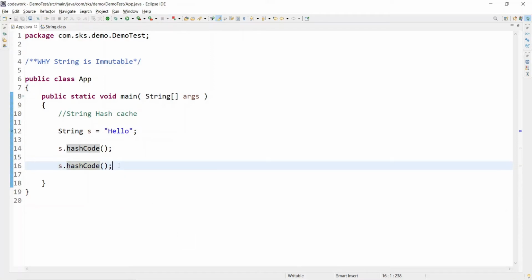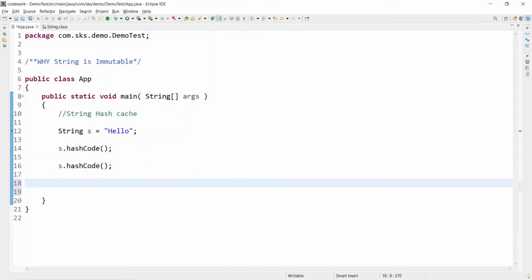So first let me show you, whenever you are doing an operation, let's take the example of the hash map. Each time you put a key value pair in the hash map or get a key value pair from it, to find in which bucket, from 0 to 15, the default size of the hash map, it is located, we have to calculate the hash code to identify the particular bucket, and then it will go to that bucket and fetch.